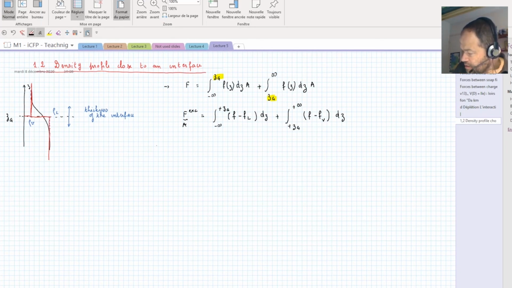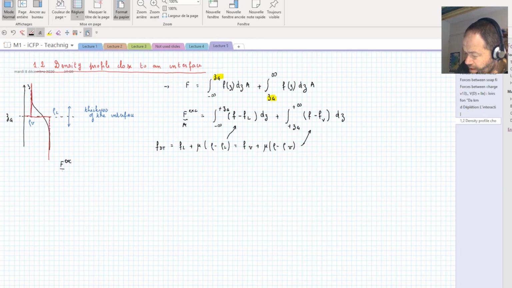We can say that the equation of the double tangent line is simply f_L plus mu times (rho minus rho_L), or f_V plus mu times (rho minus rho_V). And I can inject these here, in the first part here. So I can say that the excess free energy with respect to A